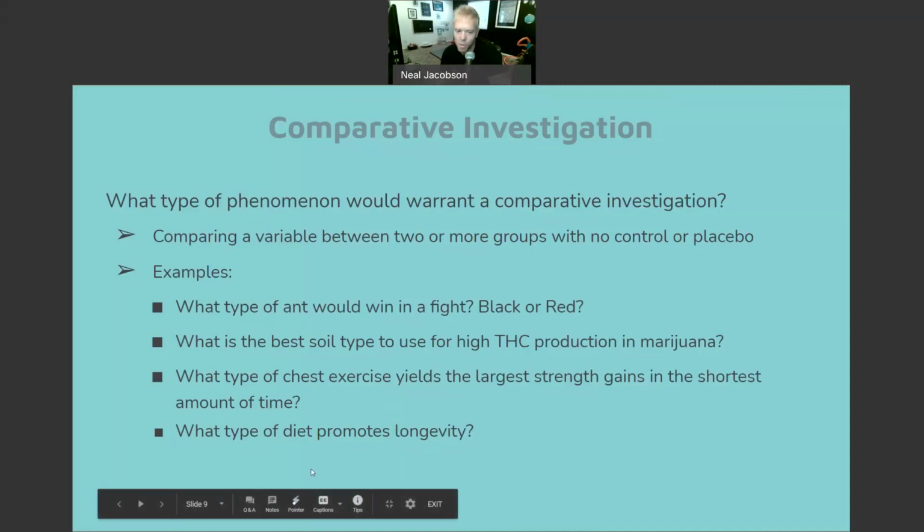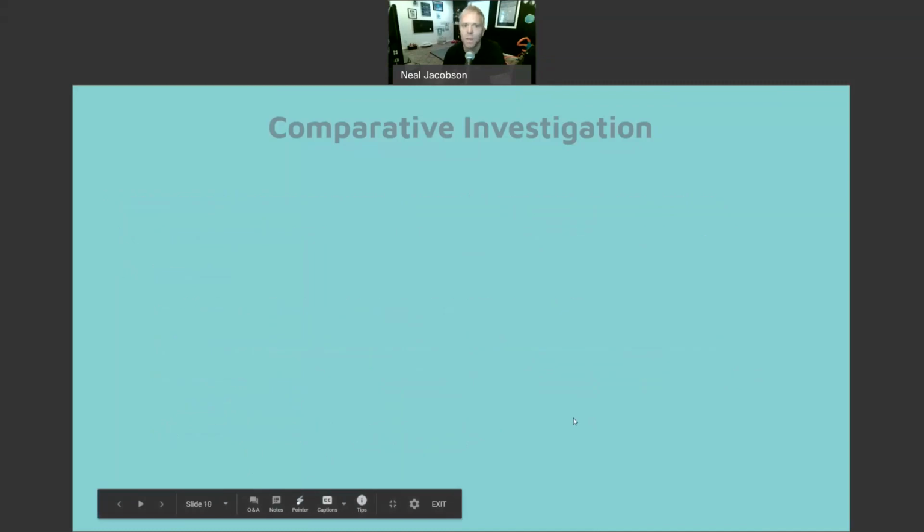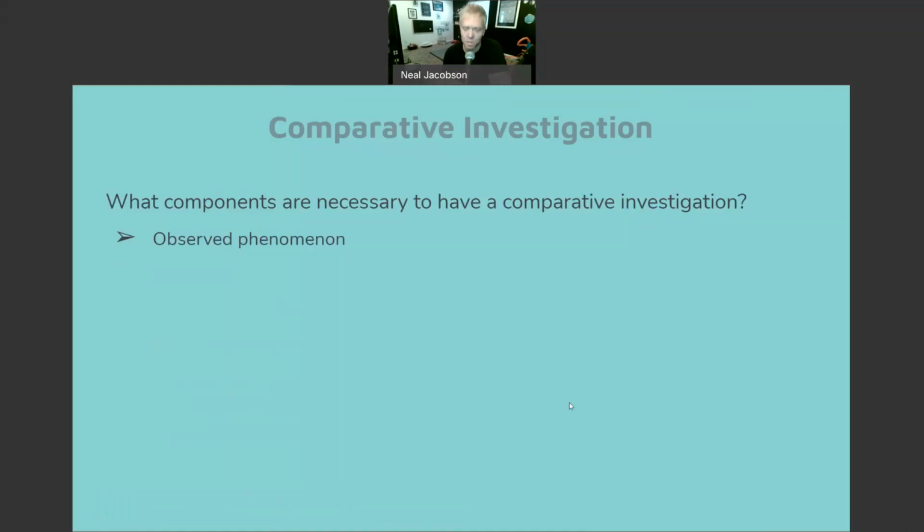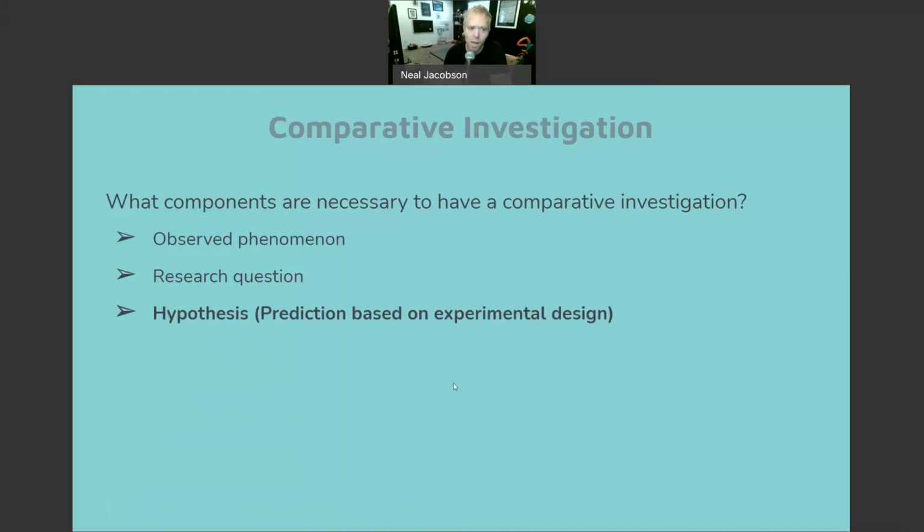But if you sample enough people, you might be able to draw correlations between what they're eating and how long they live. So here's some of the things that you would need to have for a comparative investigation. You would just need to have something that doesn't make sense that you see, you ask a question about it, and then you create a hypothesis. Okay, I hypothesize that